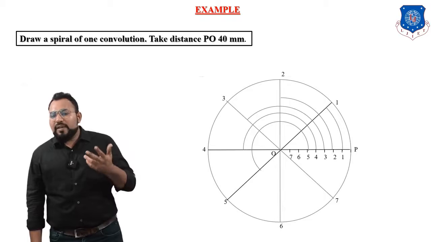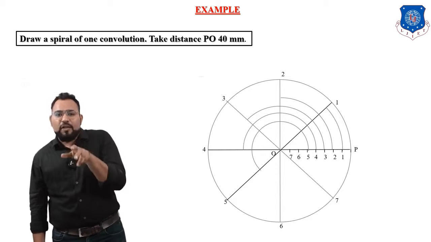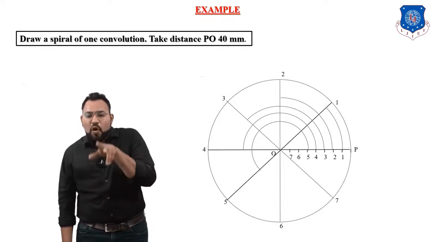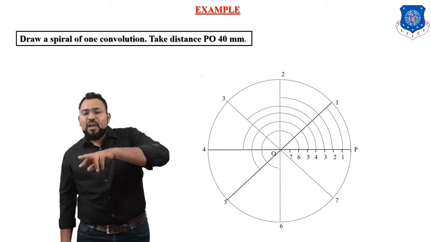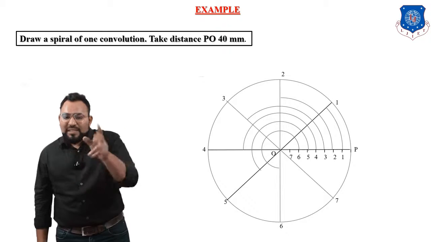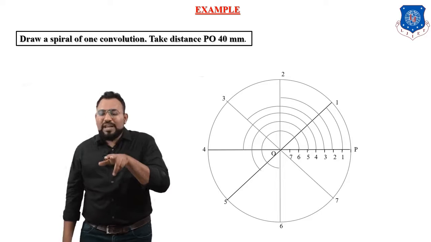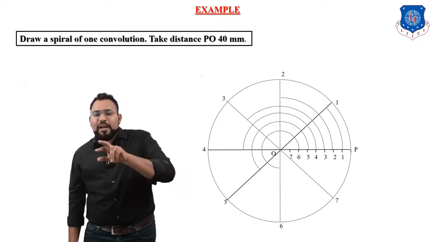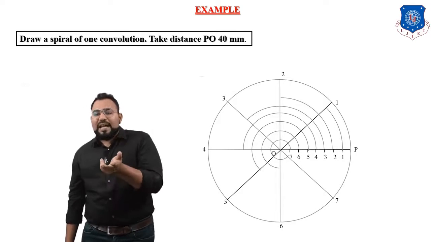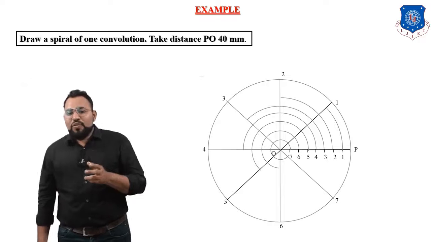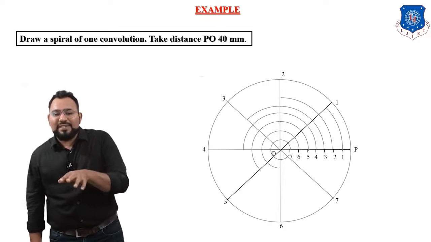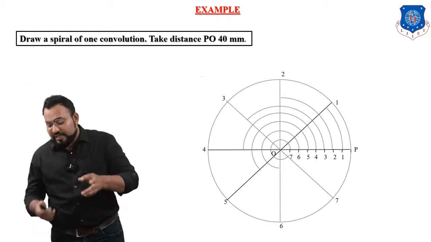Now what is the next point? Yes, you are right. Now take a distance equal to O26 and O as a center, put an arc on the sixth division of circle. So up to sixth division of circle. Now what you will do? Take a distance equal to O27 and O as a center, put an arc up to 7th division of circle like this. Okay, right. And now what you have to do? Now you cannot take O28 as a distance. So O point will be the last point itself.